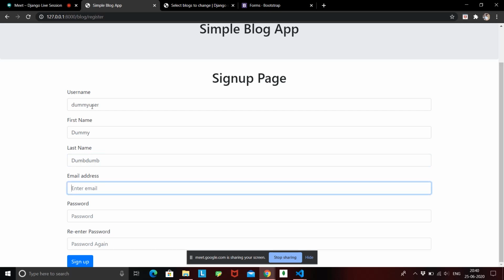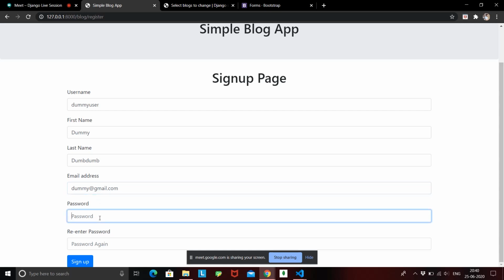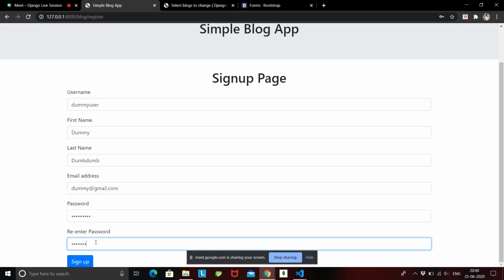So we have a username, first name, last name. We'll just give him any random email, let's say dummy@gmail.com. Then we need to enter the same passwords, so I'll just put in dummy1234 and dummy1234.